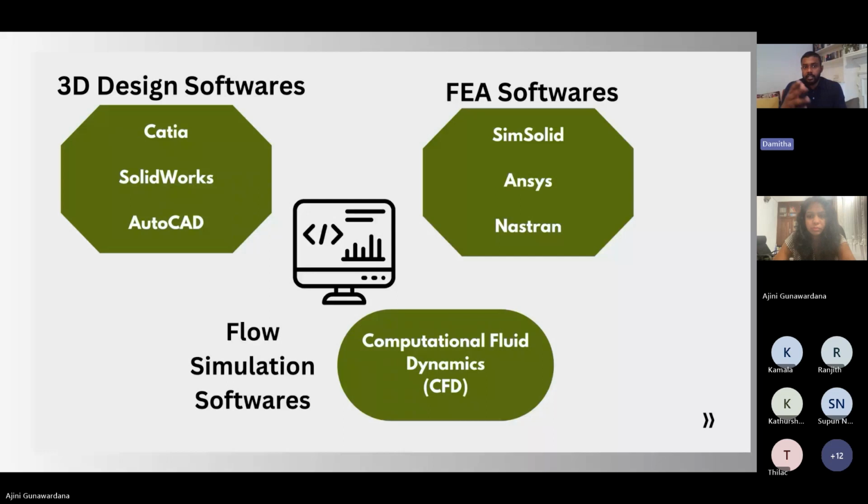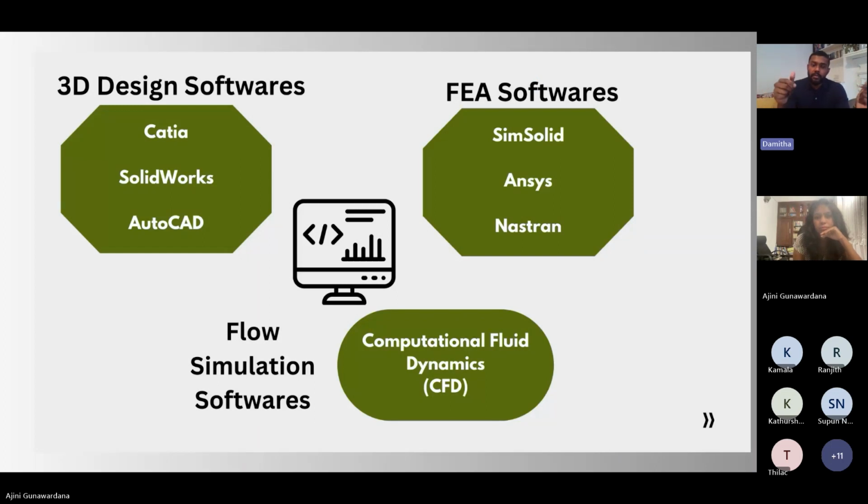3D design software, so basically CAD software, is sort of like the bread and butter of engineering. You need to be able to create something that you can visualize, that you can imagine. You need to be able to create it in a 3D software before you go into prototyping and creating a model of it.